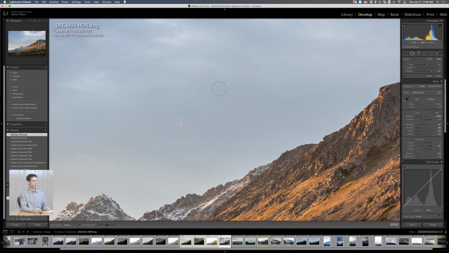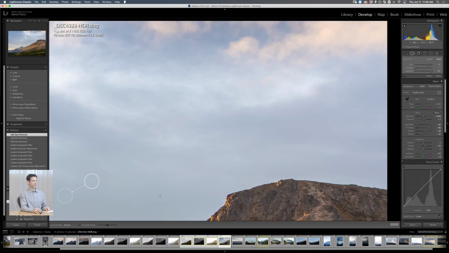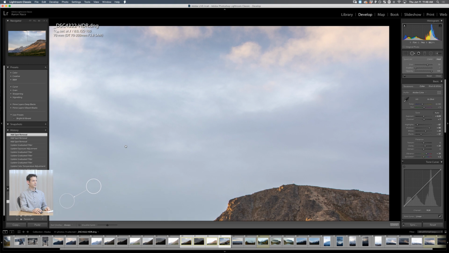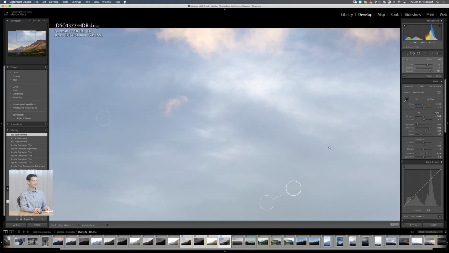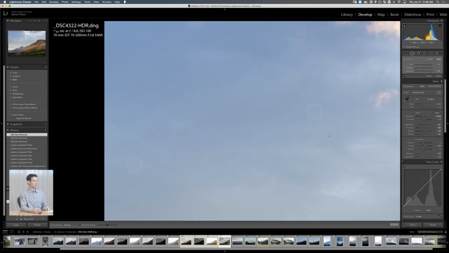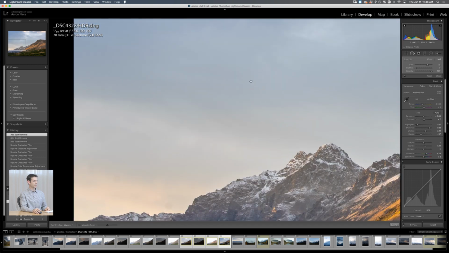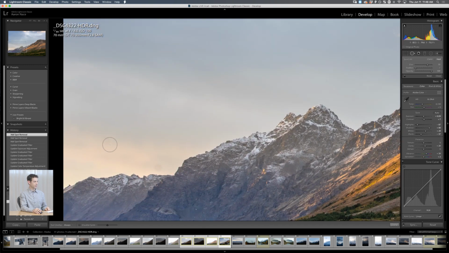So you can just open your tool again and click here on any dust. By the way, you can also hold down the space bar when you're zoomed in, and then click and drag. This is going to allow you to navigate around your image. So spacebar, we're just clicking and dragging up, and you can see we've got some dust here